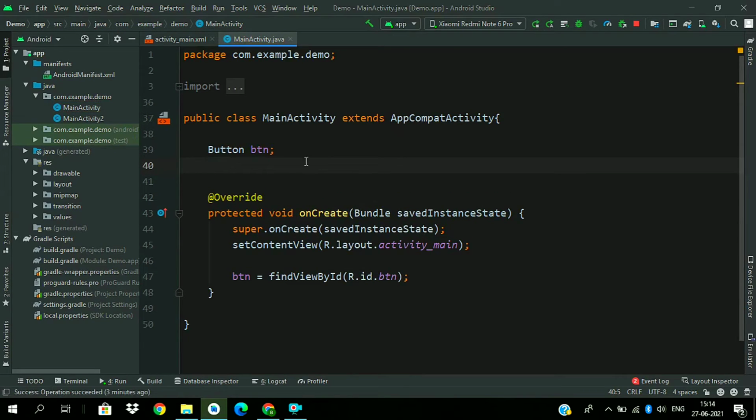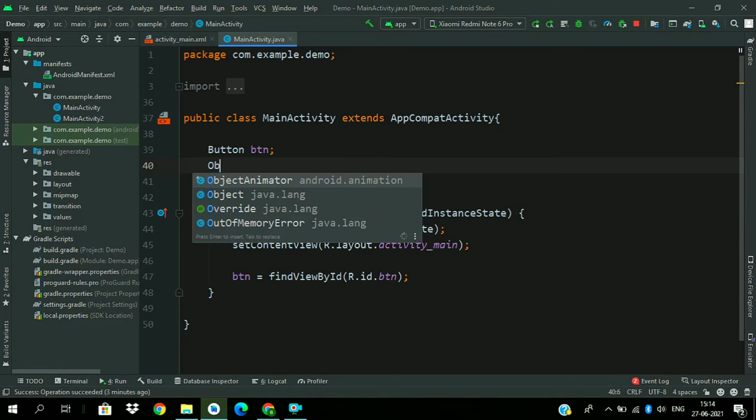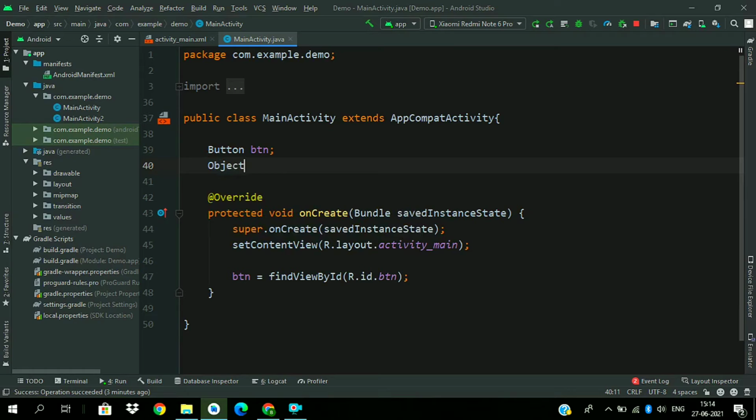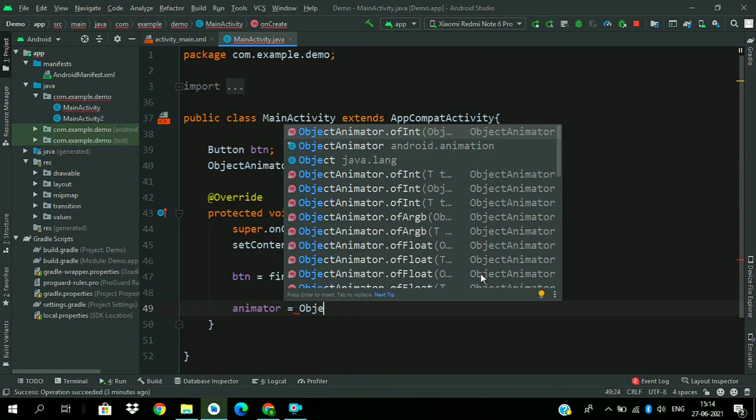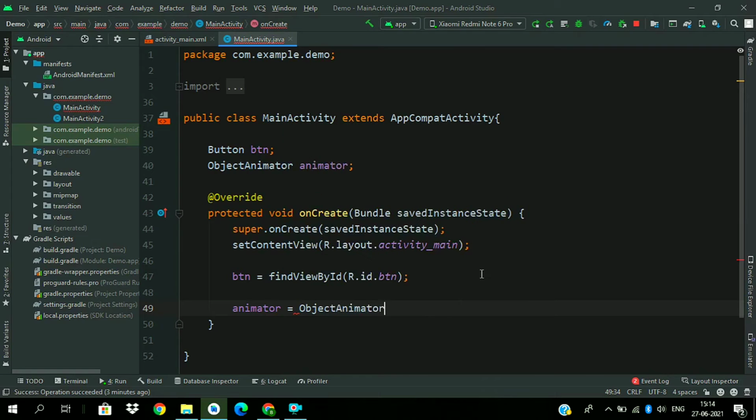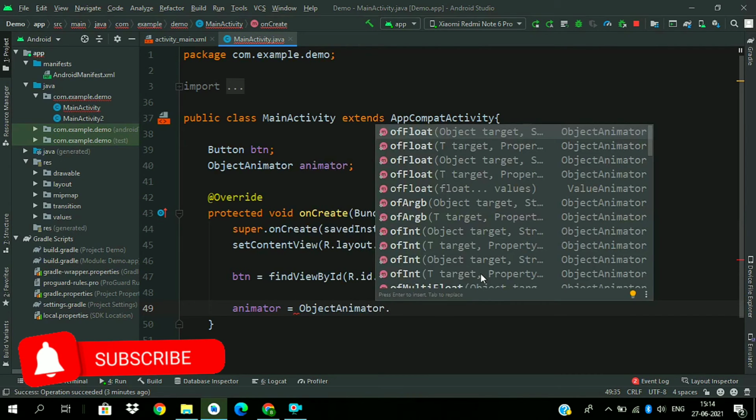Now create a reference for the object animator. So ObjectAnimator, and now create the animator equal to ObjectAnimator.ofArgb.